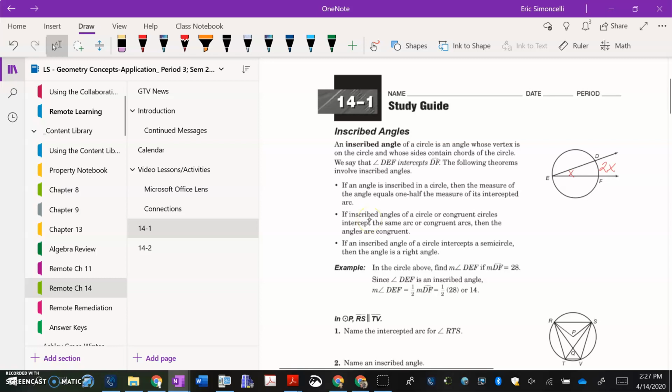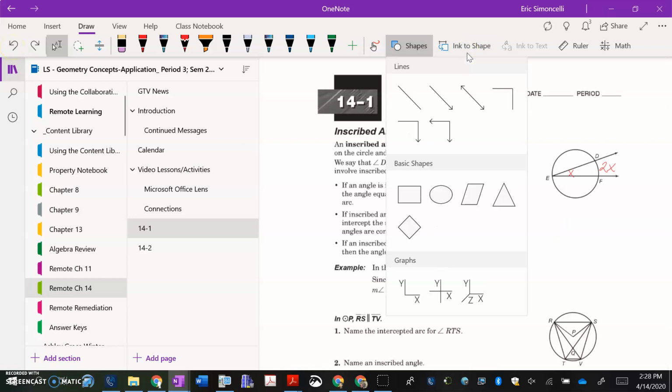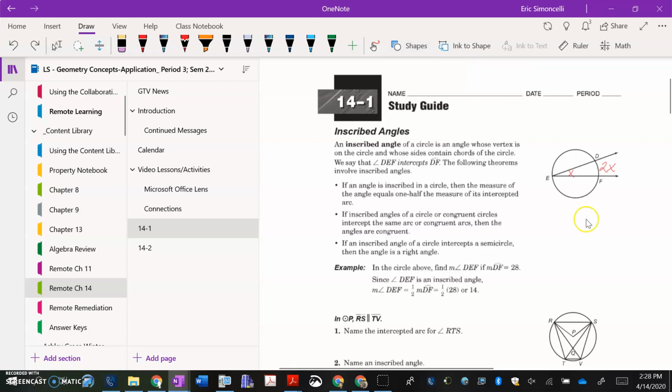Bullet number 2. If inscribed angles of a circle or congruent circles intercept the same arc or congruent arcs, then the angles are congruent. So I'm going to draw a picture for this. Maybe just use the shape tool, that'll be easier to do here. Easy enough. Here's my circle. You guys can draw one as well. And then I'll go ahead and draw in,